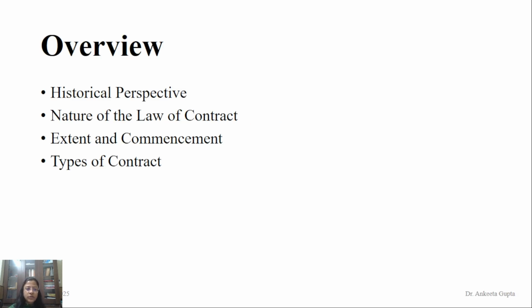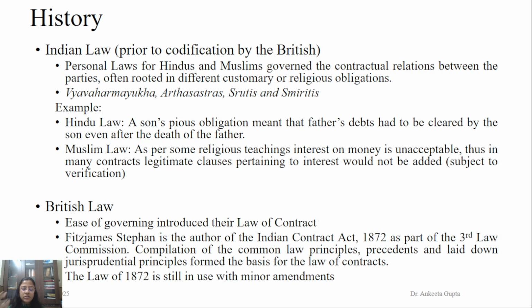Now, the overview for this particular lecture is that we will talk about the history or the historical perspective. We will talk about the nature of the law of contract, the extent and commencement of the statute, the types of contract. Now, when we look at the historical perspective, we find that the Indian Contract Act was created in